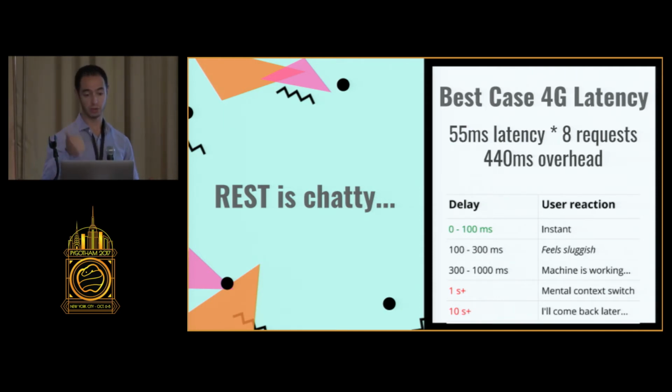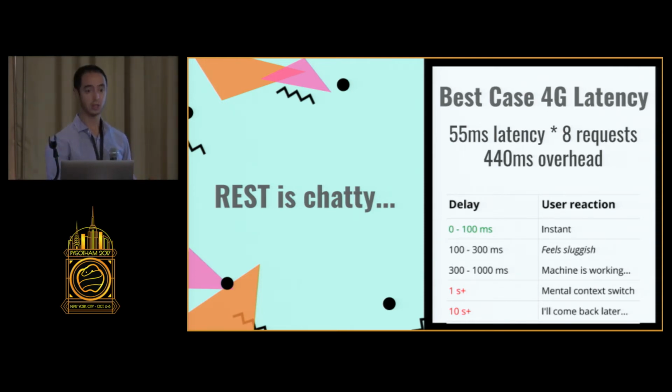So to think back to our example blog, if you take those latency numbers and imagine a best case scenario, you have a new phone, a reliable network, no subways, a 4G connection, you've spent half a second of your performance budget, which is a reasonable percentage of what should be a performance budget, on just pure overhead. This is before you've even downloaded your first byte. This is before you've rendered anything to your app or your website or whatever your client is. And these numbers don't account for your server performance either, right?